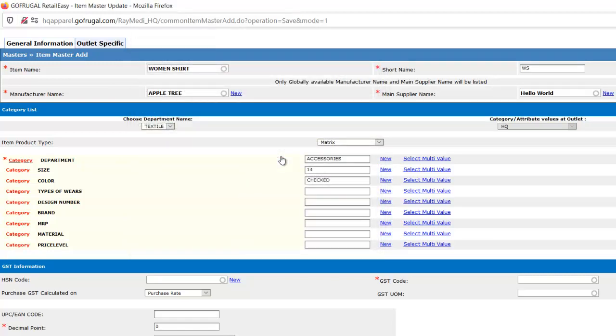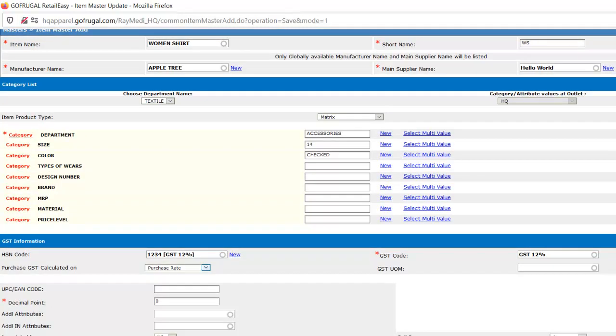Other categories I am skipping. You can follow the same steps for other categories too if you need. Other than that, we have to map the HSN code. Based on the HSN code, the tags will be auto-mapped, and other things are optional. Other things are common. You can see these options in all types of products, standard, serialized. I hope you are aware of these options.